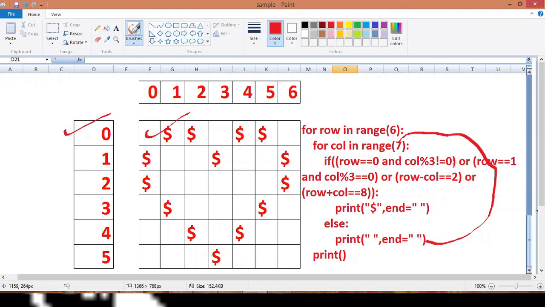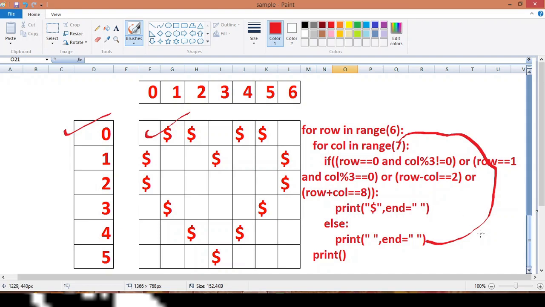As you know, 1 modulus 3 is not equal to 0, so the condition is true. The Python interpreter will come to the if body and print the $ sign here. That's why the dollar is printed, and because of this end, the control stays in the same line.